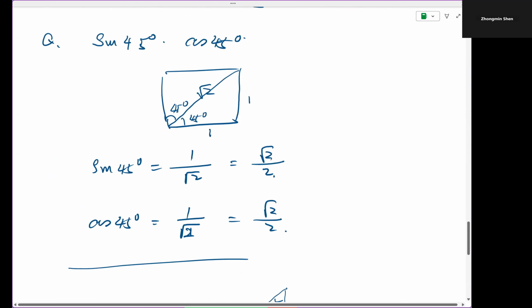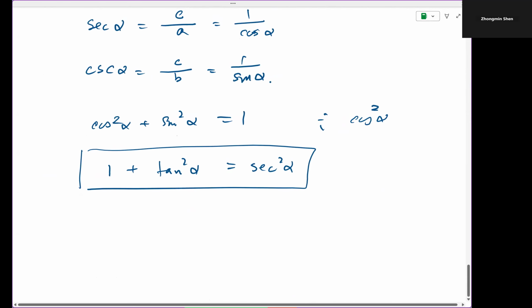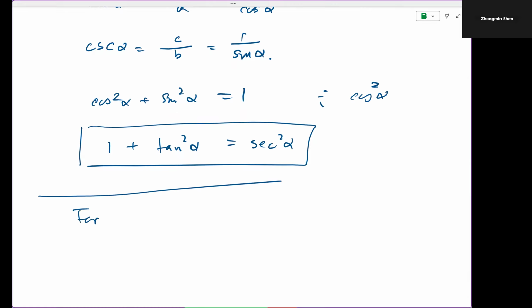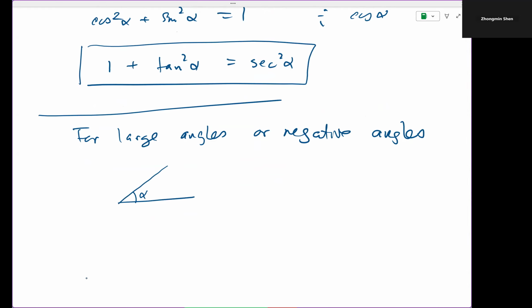Now the question is, what happens when the angle is larger than 90 degree, right? How to define it? So we have to extend the notion. How about for large angles or negative angles? How to measure it? So think about, for small angles, we can measure it. Okay, how to do that? Well, we just measure it, right? But how about this,